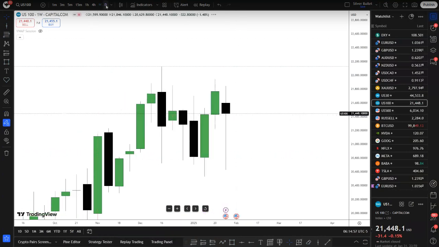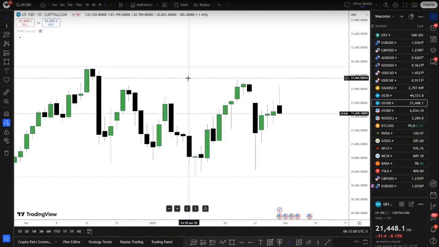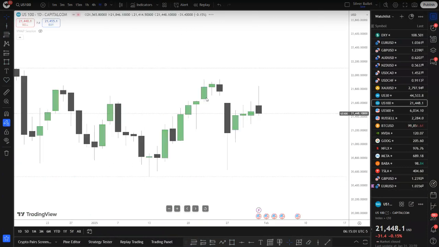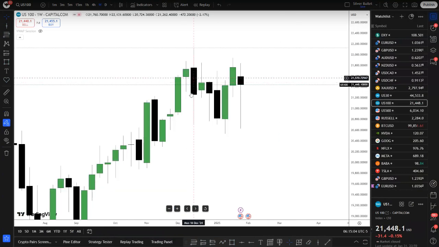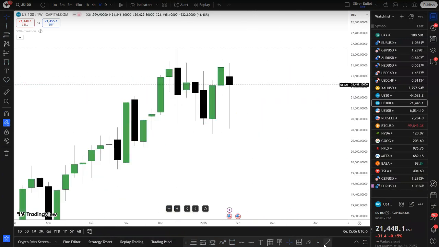There's the price action. Oh, where are we? Oh, sorry. On a weekly chart, what are we looking at on Nasdaq, by the way? We have this all-time high here, which is going to be our draw on liquidity again. This will be the buy-side liquidity as our main draw on liquidity also on Nasdaq.